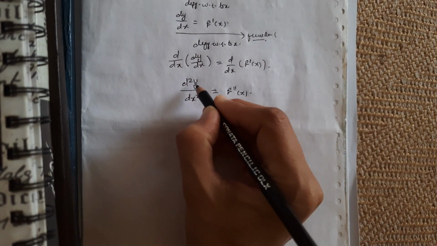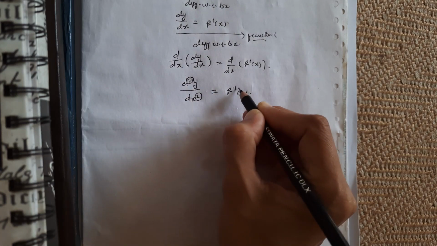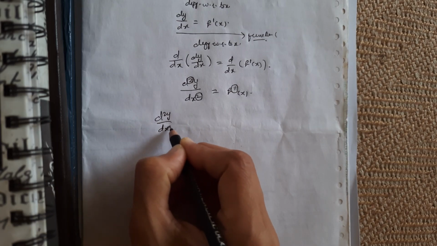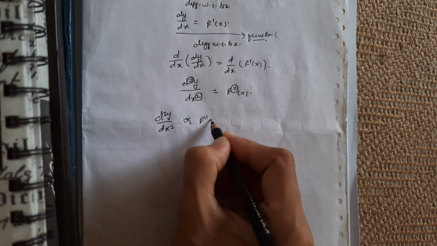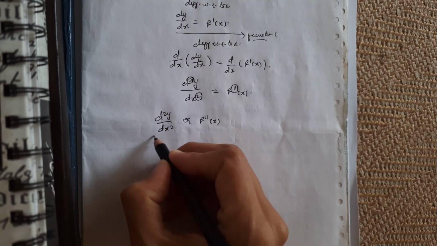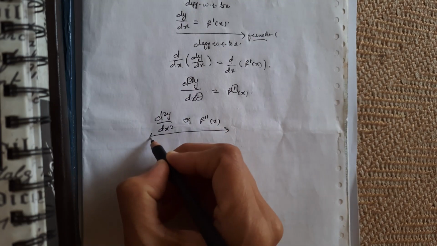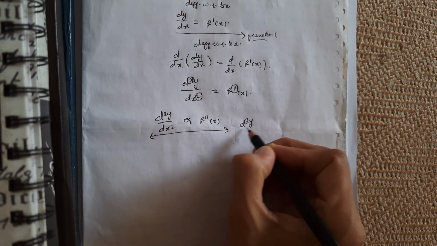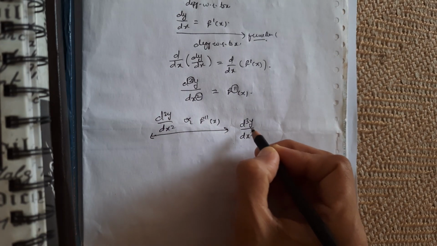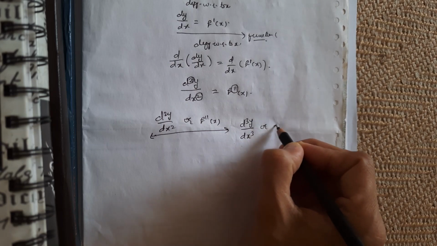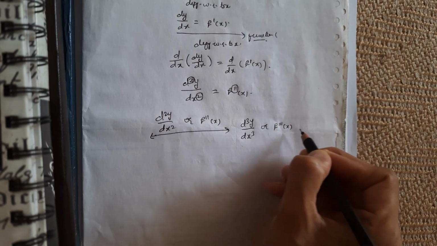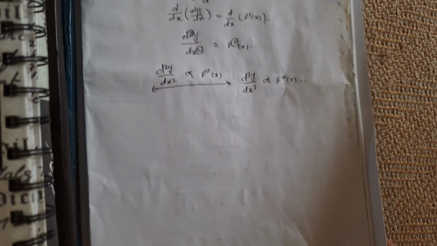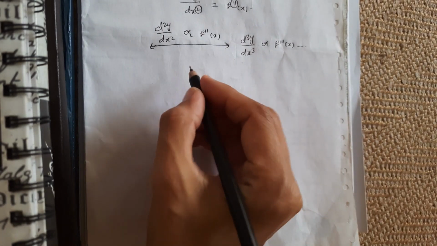So this is called second order derivative. We represent it by d2y by dx square or f2 dash of x. Similarly, if I differentiate again this term with respect to x, then I will get third order derivative, which I can write as d3y by dx cube or f3 dash of x, and so on. So this is called higher order derivative. I'll just show you with the help of an example.